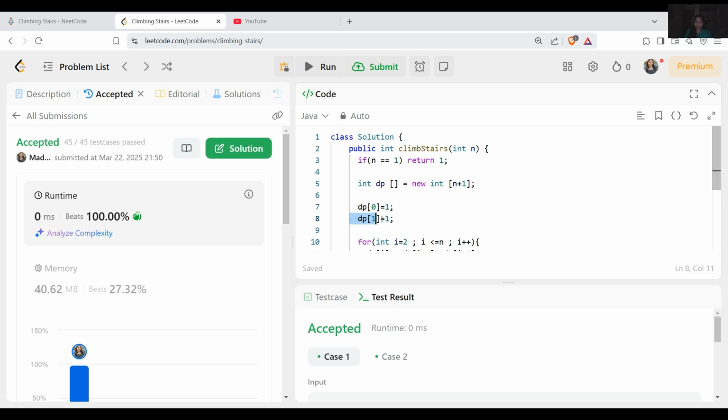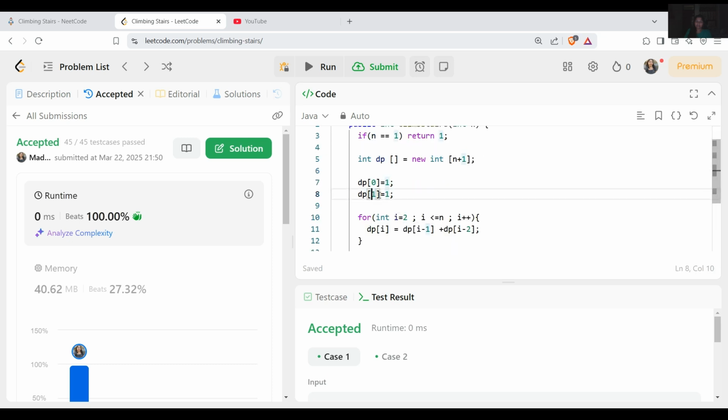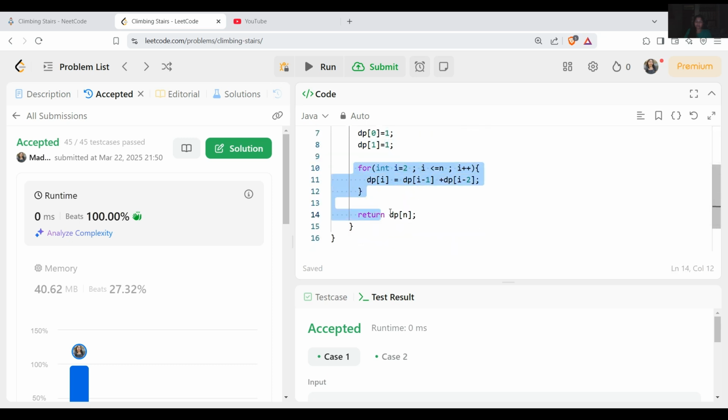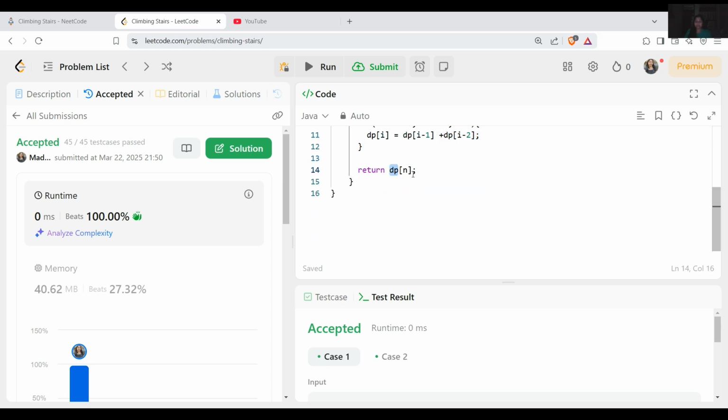Instead of creating an array, we will keep normal integer type values. Then instead of the dp, we'll use a current value, and inside that we will add the previous and the present value. Then we will move the previous one value to the previous two, and so on. We will simply swap, move the value. At the end we will simply return the result.